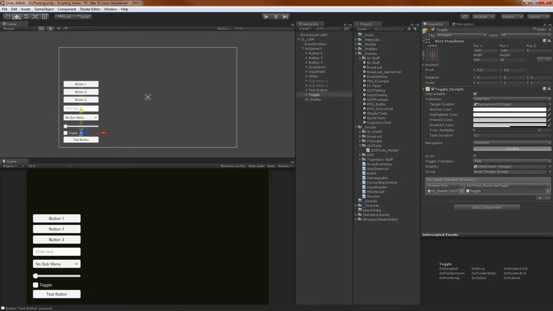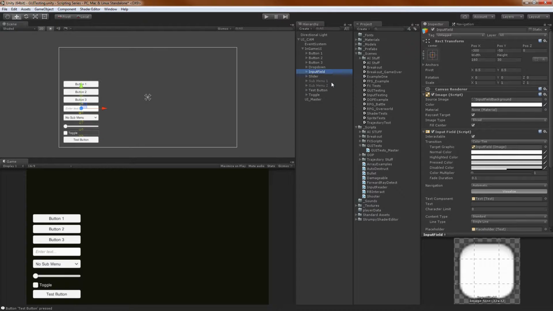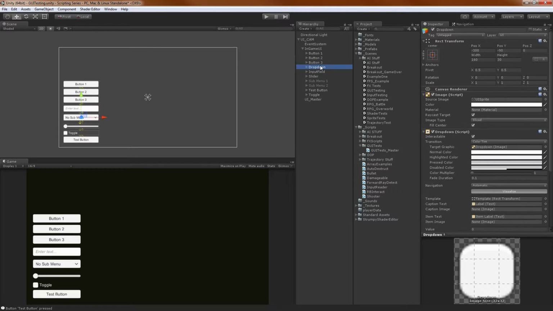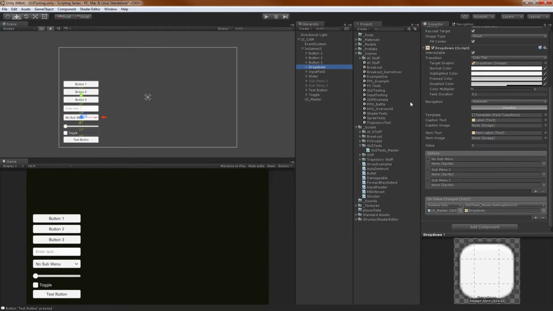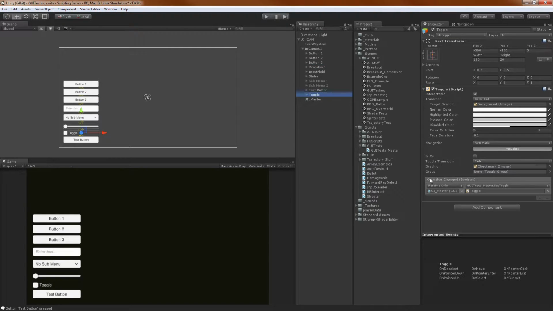On these objects, and these are going to be on every one of the UI objects, some of them have two, like the input field. The slider only has one. The drop down has one, sorry. And then the buttons all have one. On the toggle,